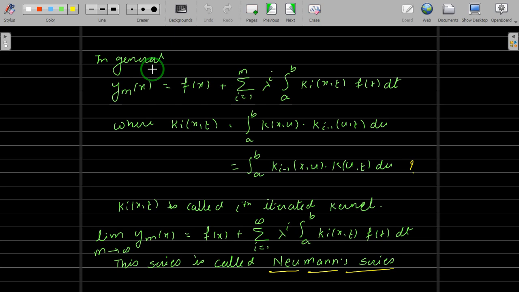Yeah? Any problem? There is something called convergence of, what can I say? If you remember the Weierstrass test, there is something called the Weierstrass M test, the M-test for the convergence of sequences and series. That theory you should know, and then only we can proceed. Clear? Any problem?